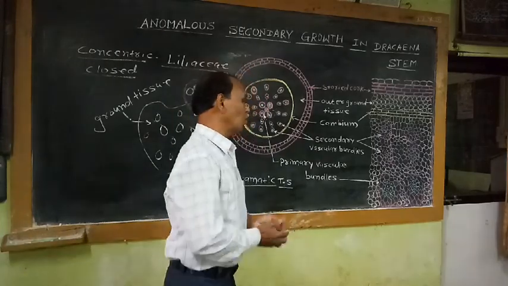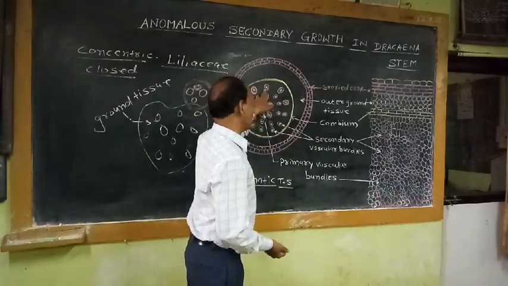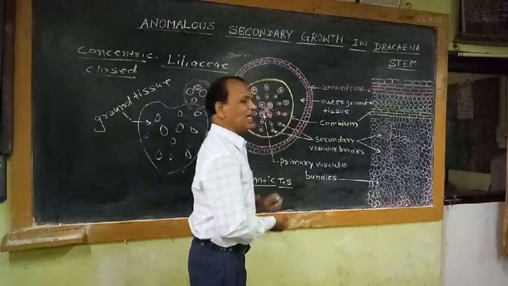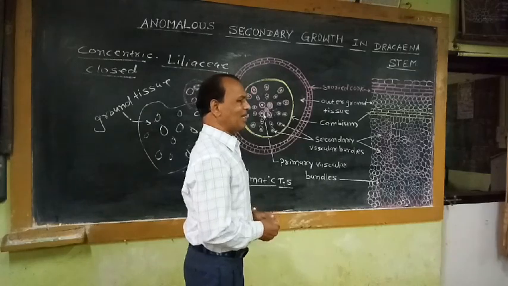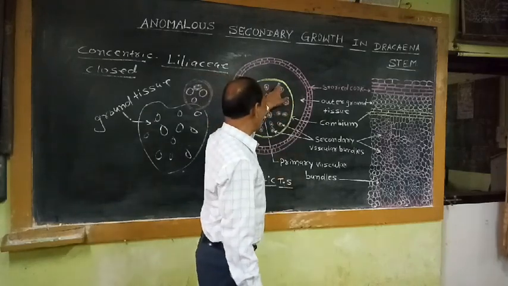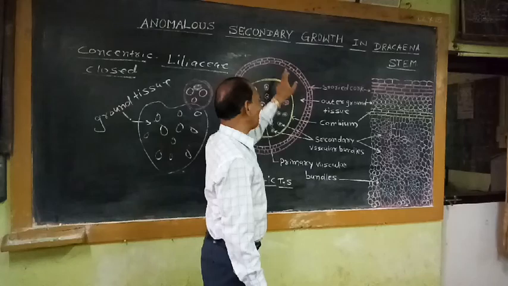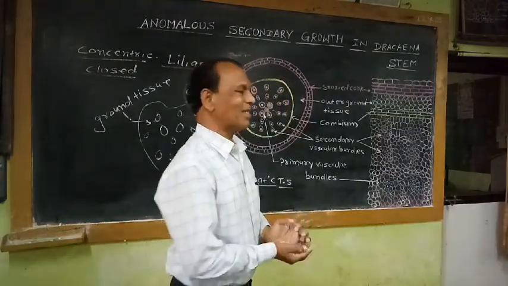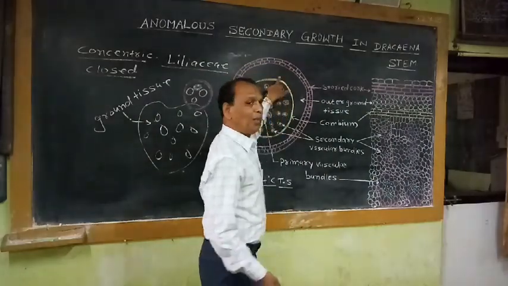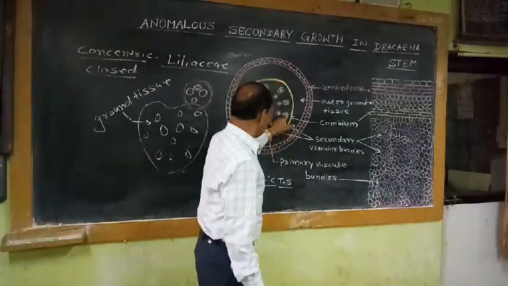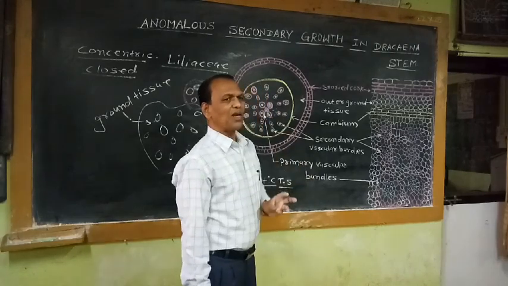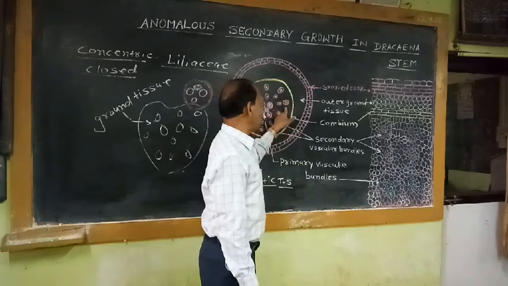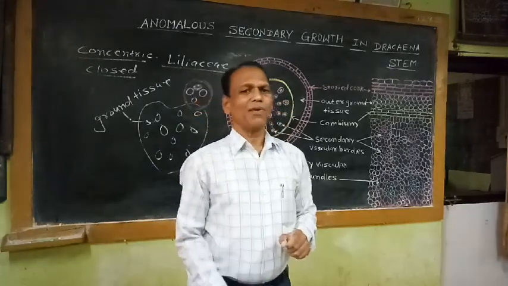So when these secondary vascular bundles are added by this cambium at its inner side along with secondary parenchyma cells, later on this cambium also produces these secondary parenchyma cells at the outer side also. In some amount, secondary parenchyma cells are added by this cambium at the peripheral side. So when secondary tissues in the form of secondary xylem and secondary phloem are produced by the cambium at the inner side, they are converted into secondary vascular bundles.